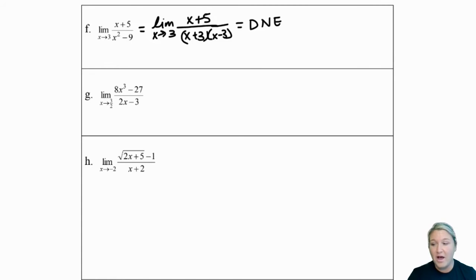All right, so now we have a difference of cubes. I'm going to show you a quick reminder on how to factor that. Since 8 is a cube, x is cubed, and 27 is a cube, you take the cube root of those, and that's 2 and 3. So this is going to end up being 2x minus 3